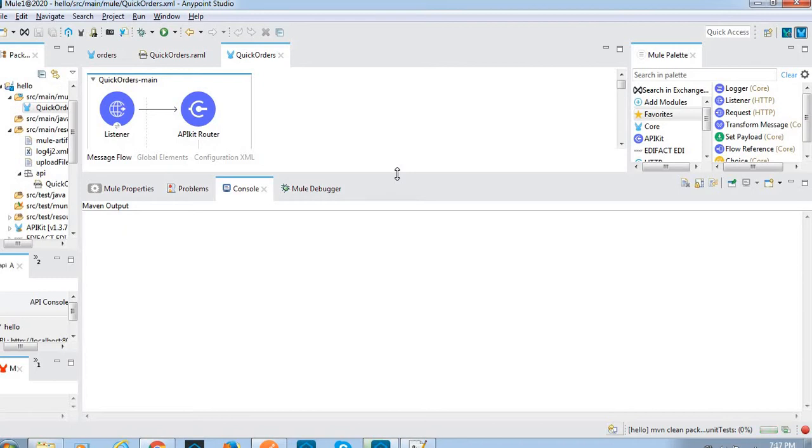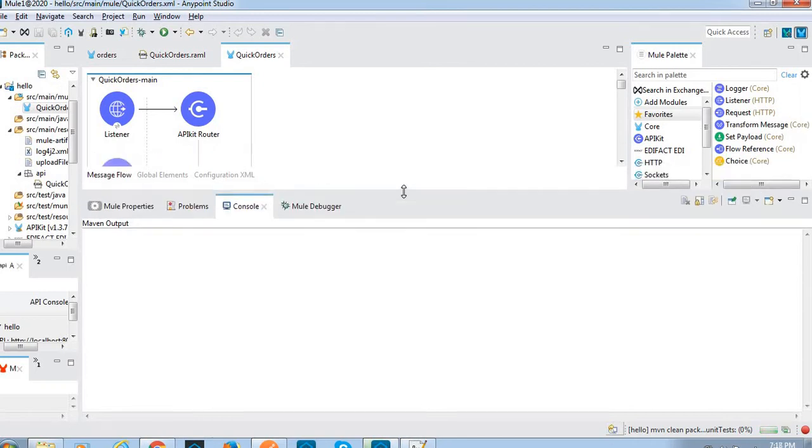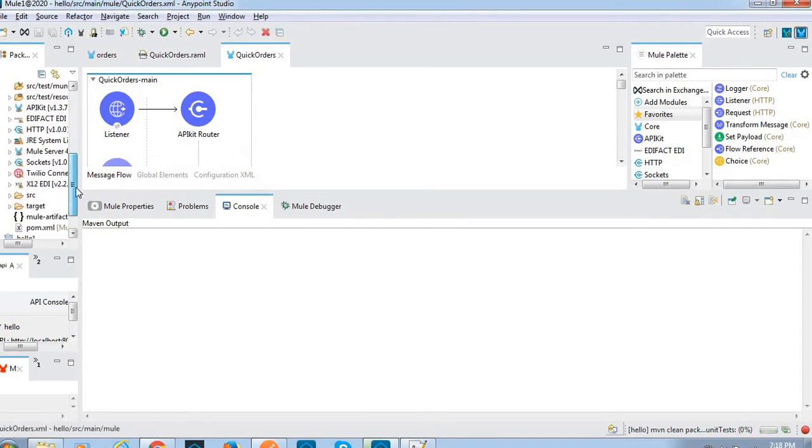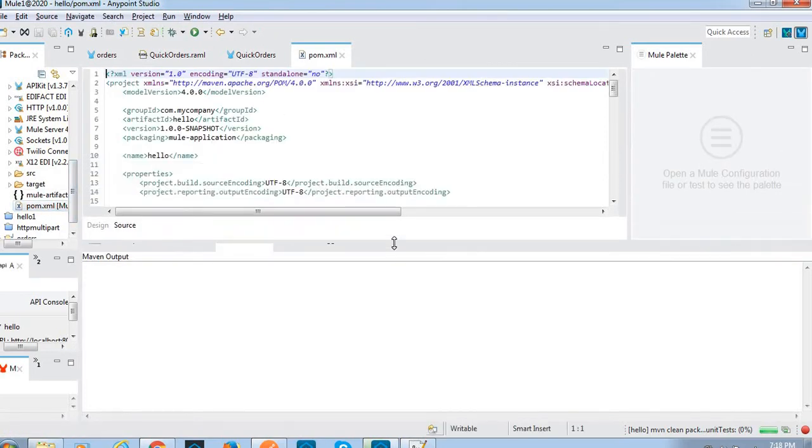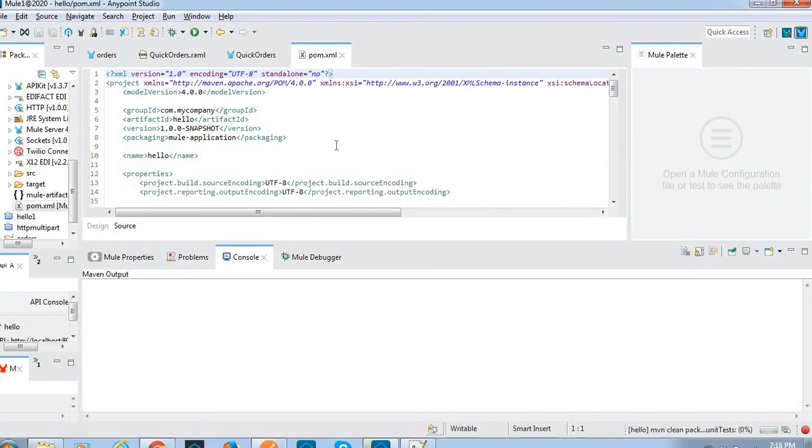Once we click on the run project, Mule 4, it's a completely Maven based project. If we see the pom.xml file, all the dependencies were added, like related to API kit router, and all the necessary Mule dependencies, Maven dependencies were added to this pom.xml file.